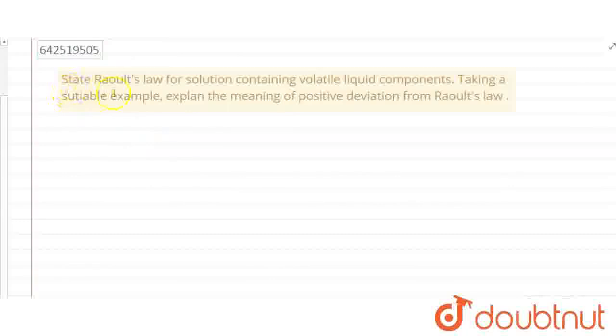Hello everyone. The question says: state Raoult's law for a solution containing volatile liquid components. Taking a suitable example, explain the meaning of positive deviation from Raoult's law. So first we will write the definition of Raoult's law. The statement of Raoult's law is very simple, that for a volatile solution,